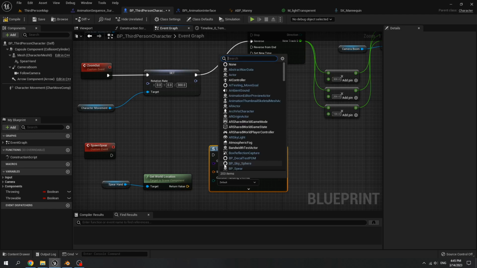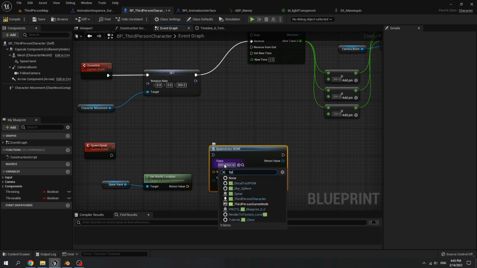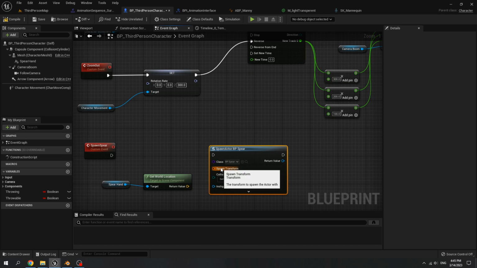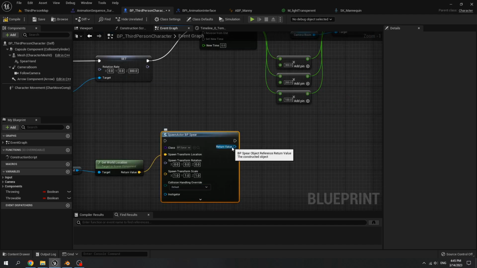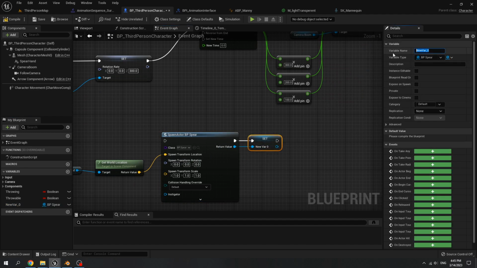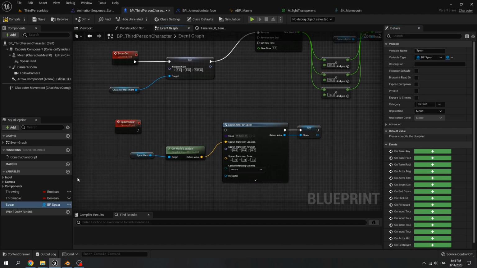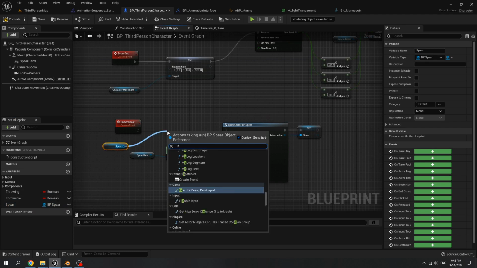Select class is BP sphere. Split spawn transform. Connect the world location to spawn transform location. Right click on return value, promote to variable. Rename it to sphere and get sphere. Call is valid.